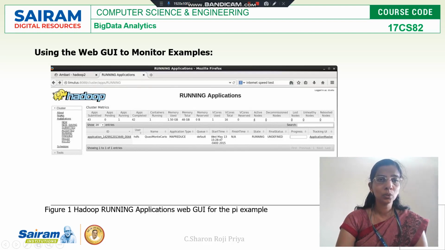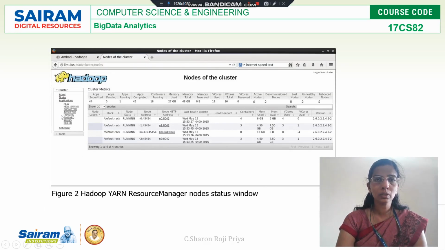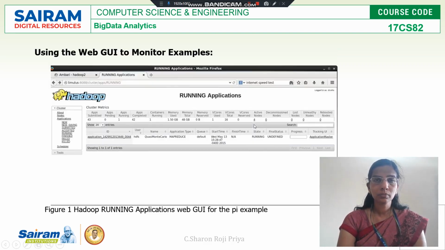When you click nodes, you will go to the nodes of the cluster window. It will give you the complete details of the nodes available in the cluster, the state of each and every node and the activity of the nodes. And here you can see the number of containers. As you know, the containers will have the mappers and the reducers.